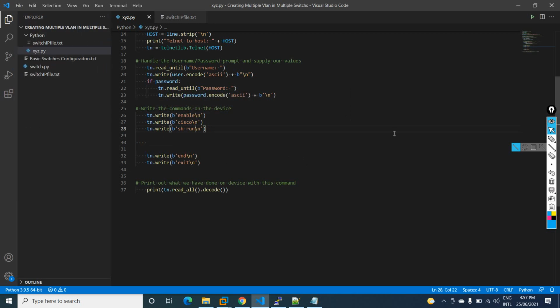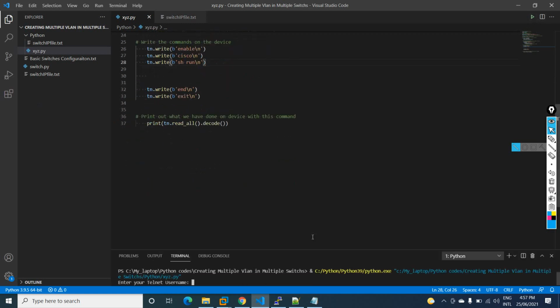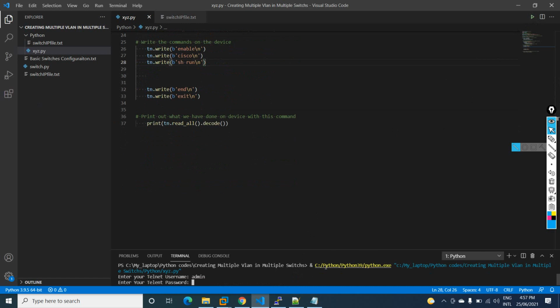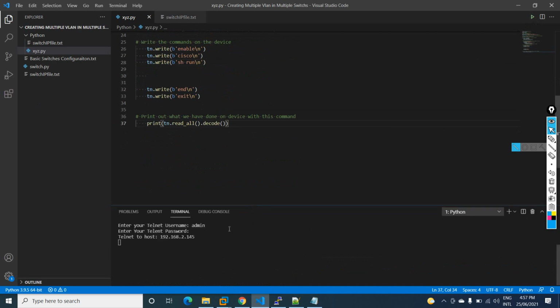After that we need to store this in another file, but first I will execute this. When I execute, I get the username, admin, and the password, Cisco. I press enter, it fetches them and performs the operation. If you see here, it is telnetting into the device.